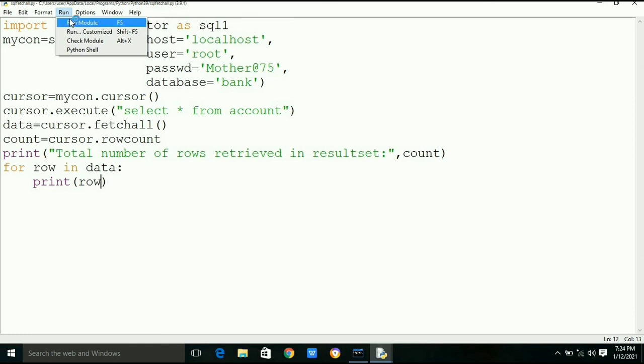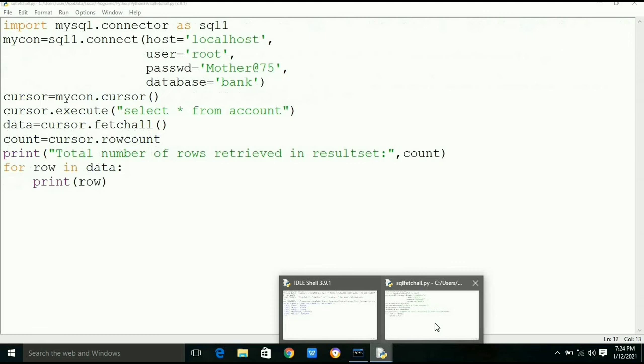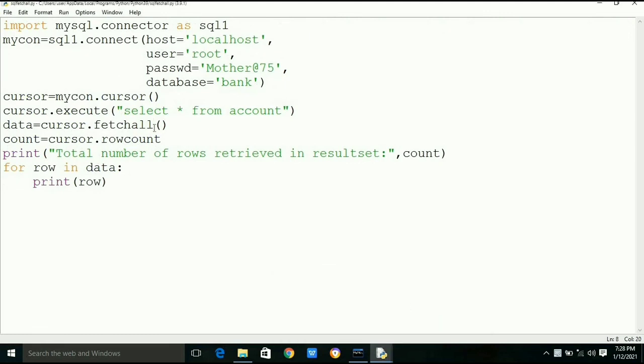We can see the result. There are 5 records retrieved from the result set and count is equal to 5, and as you can see, 5 rows are there in the form of a tuple.